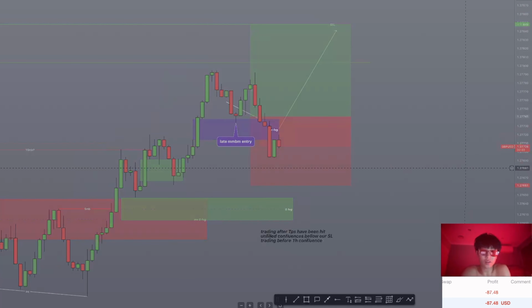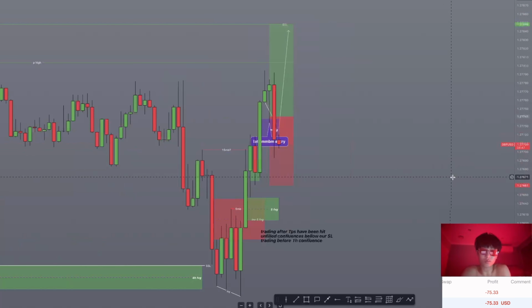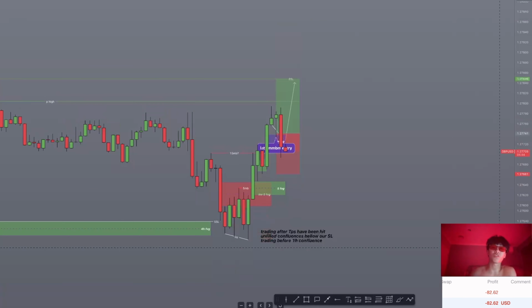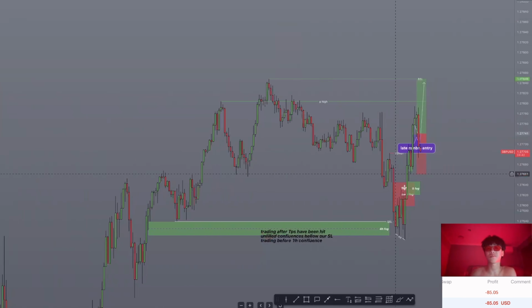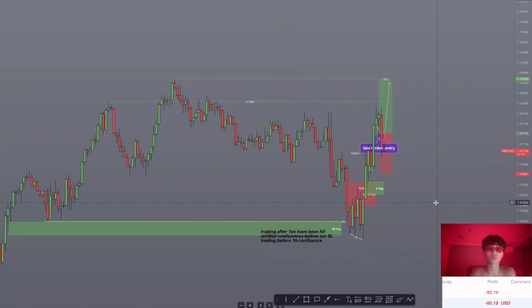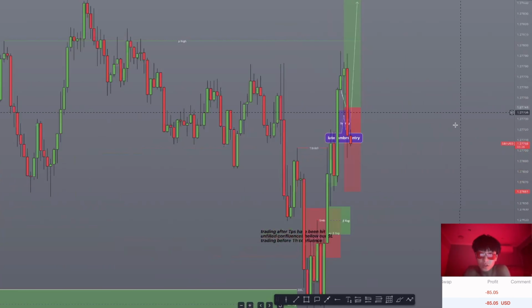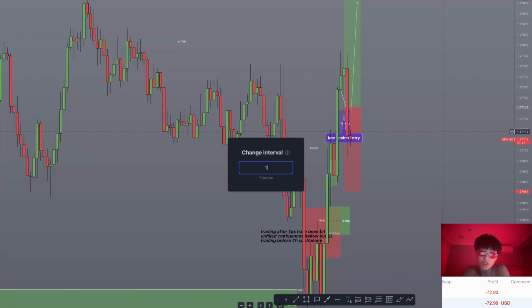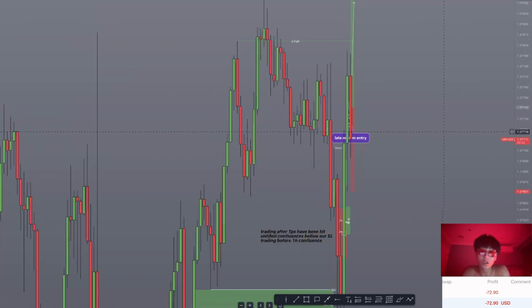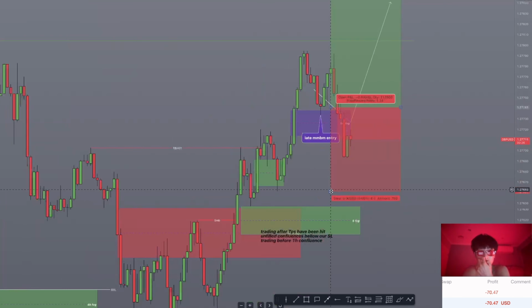Other than that, I think everything was decent. Trend was kind of bearish. Overall is kind of bullish, so who knows. Close below. We want to see a close above, otherwise we're cooked. And yeah, I think the fair value gap is definitely a big confluence. Maybe we want to give it space like that, but